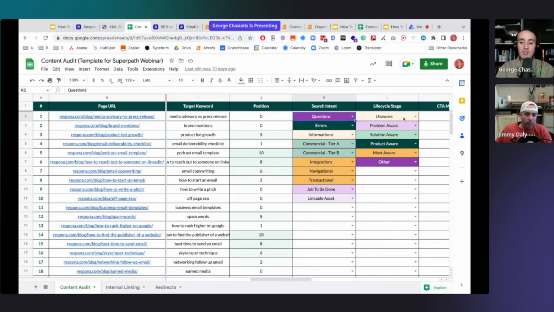We have the lifecycle stage mapping column, where we will come and say that it seems that someone who is searching for something like brand mentions, for example, is completely unaware of a solution like ours. And we have, when it comes to lifecycle stages, unaware, problem aware, solution aware, product aware, most aware, and so on and so forth. Obviously, diving deep into these stages and different search intents